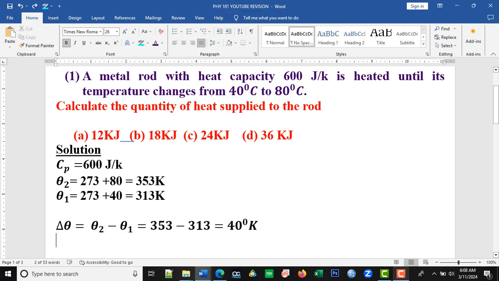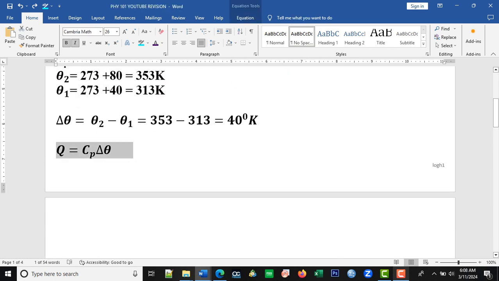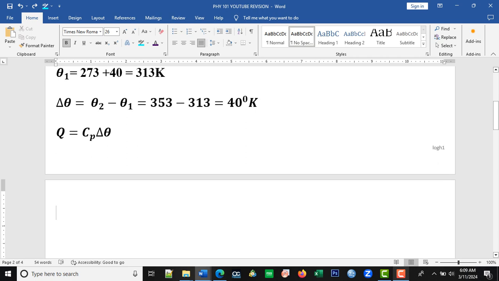The difference is obtained, which is 40 Kelvin. We pick our expression Q equals C change in theta,